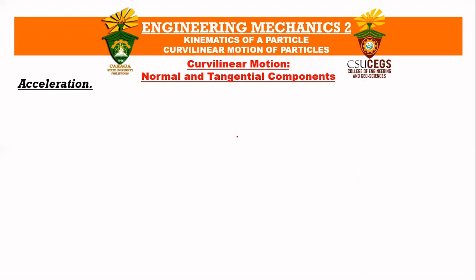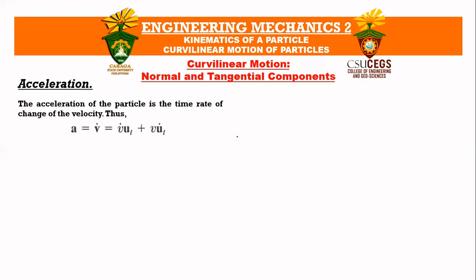So the next is about the acceleration. The acceleration of the particle is the time rate of change of the velocity. Thus, we have this formula. We got this formula from the vector form of the velocity, which was the velocity vector is equal to its magnitude times the unit vector ut. So from this equation, we can determine the acceleration of the particle. By using the product rule, we get the equation for the acceleration. Just a basic definition of acceleration, it is the time rate of change of the velocity. So from that,